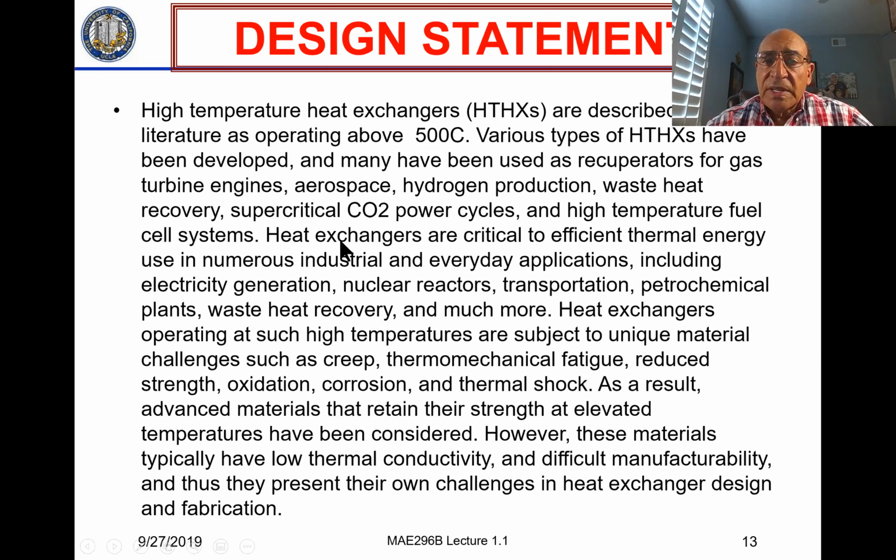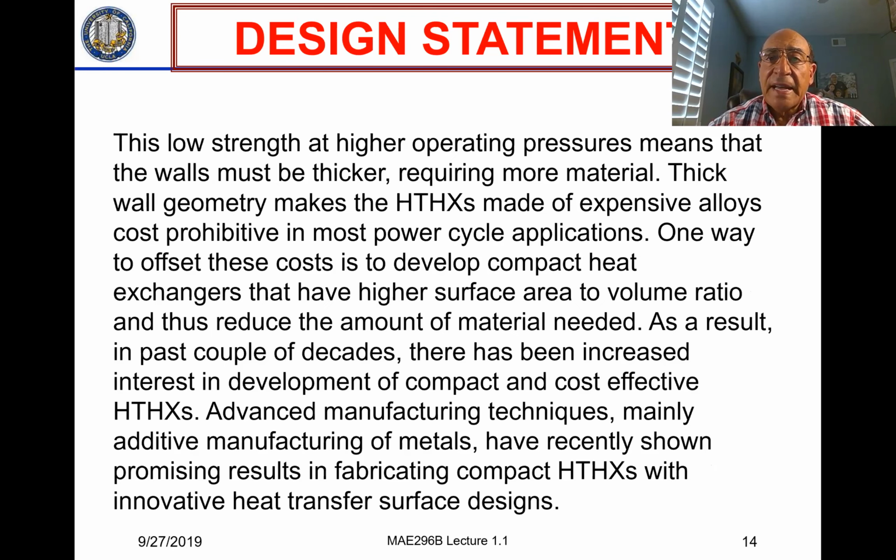So we would like you to select an application, and the applications include electricity generation, nuclear reactors, transportation, petrochemical plants, waste heat energy, and hybrid aviation, where we have electric production from a combined Brayton cycle, for example. So these are the applications. Choose an application, and then you find that as the temperature becomes very high, the strength is lower, and